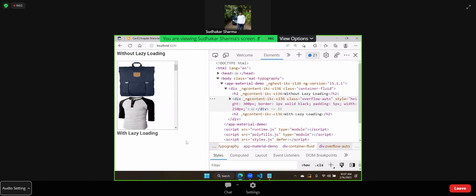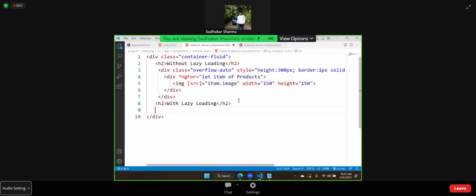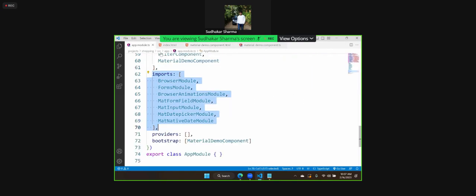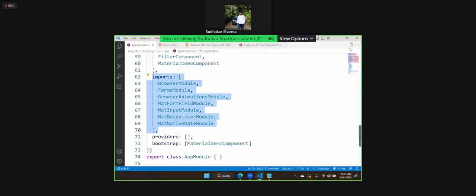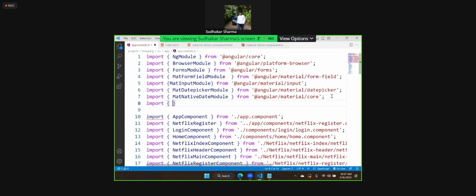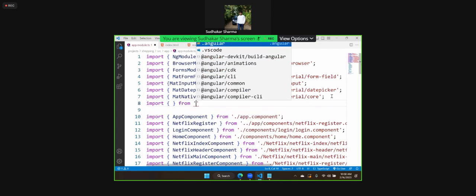Actually, for that, they developed some new tools. You have to learn about them. You need to know what those tools are, what the syntax for them is, how to use them. That information you will get in CDK. Actually, for that, let's go to app module. So here we need to import. We have to import from